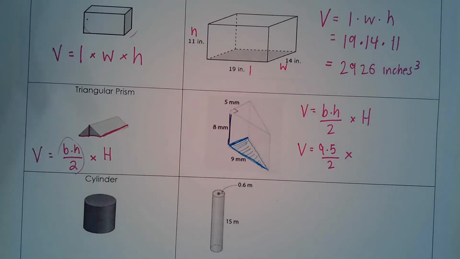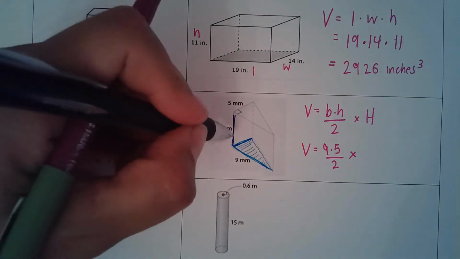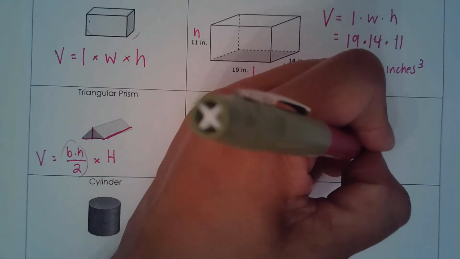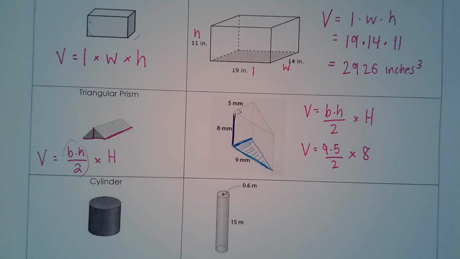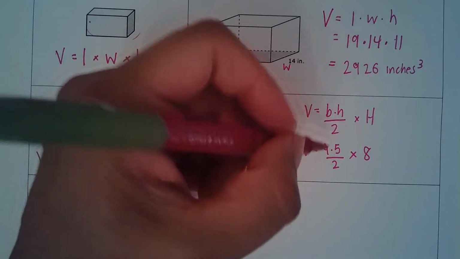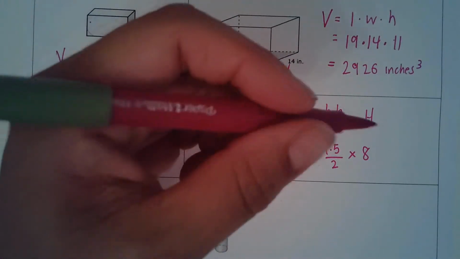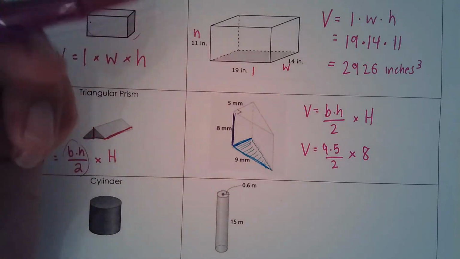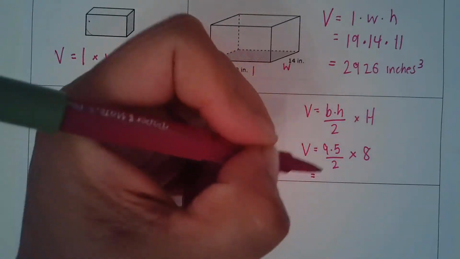I think I might have been saying cylinder by accident, but the actual height of the triangular prism, which is 8. Okay, then you can plug these values into the calculator. So 9 times 5 divided by 2 times 8. And you get an answer of